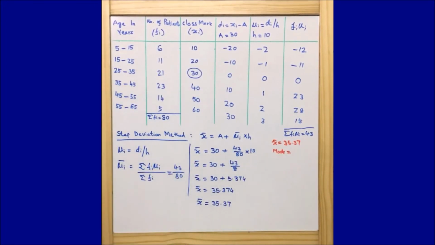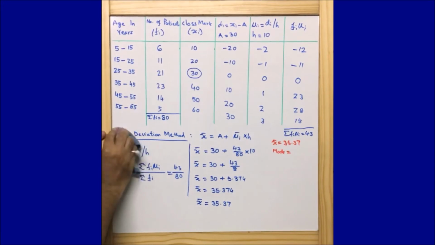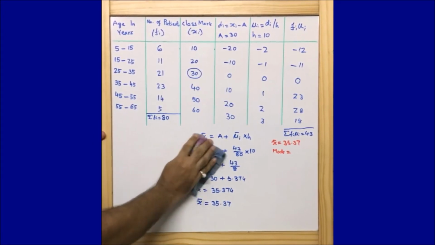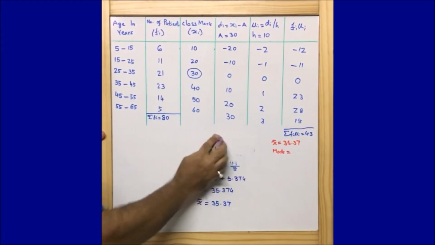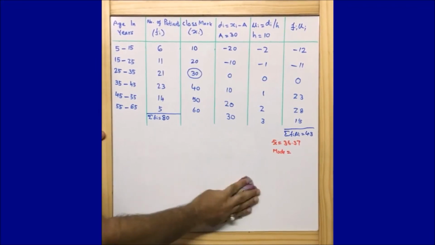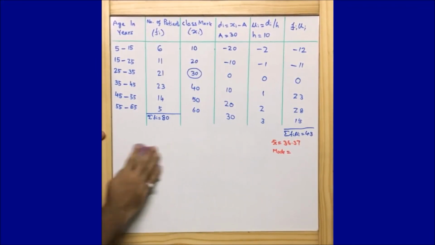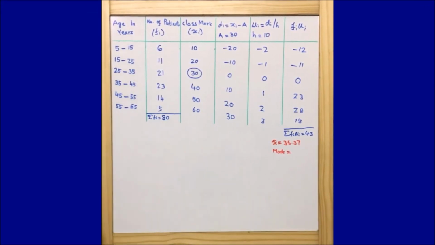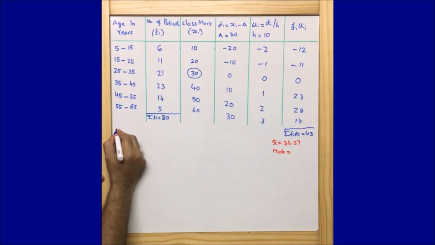Okay, now let us move ahead and see how to find out mode here. So let me erase this part. I believe this calculation or this process is very simple and straightforward. I think you wouldn't have any questions till here, because it is a very simple way to find the mean. Just use the formula and find out the mean. Now let us move ahead and find out the mode. So before moving ahead, let us first of all put down the formula for mode.